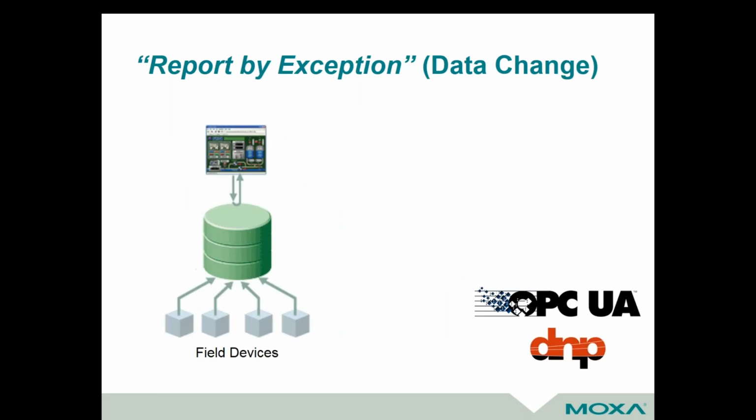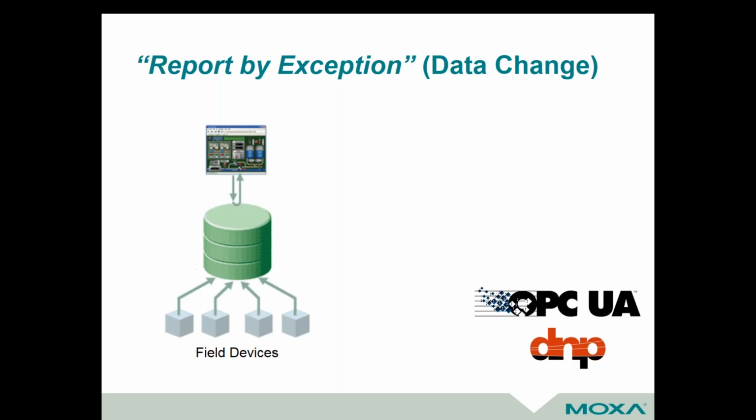So one of the interesting things is another way of doing this, which many of you may be familiar with, using the concept of report by exception. You may hear the word data change. Some of you, like myself, I come from a factory automation background. If you've seen a Control Area Network, CAN, which some of you may know as a very early implementation of that from DeviceNet, or some of the Ethernet technologies like EtherNet/IP, these use this concept quite heavily in that